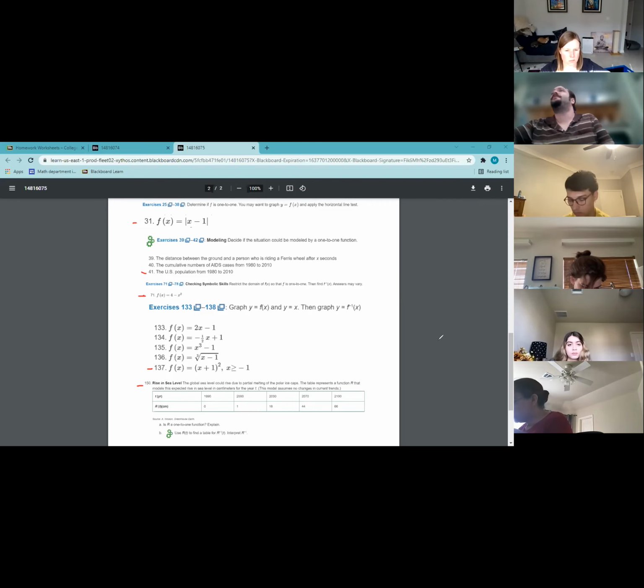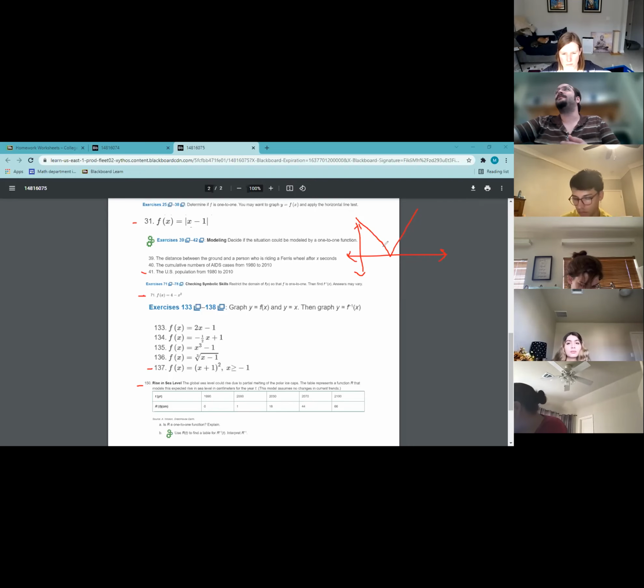And then 150 is a word problem. Okay, so inverse or absolute value. What does an absolute value look like? It looks like a V. I know that this is my function. This shifts it, I believe, to the right one, maybe. Yes. So I know I have something that looks like a V, I think is the important thing to take away. And if I have something that looks like a V,